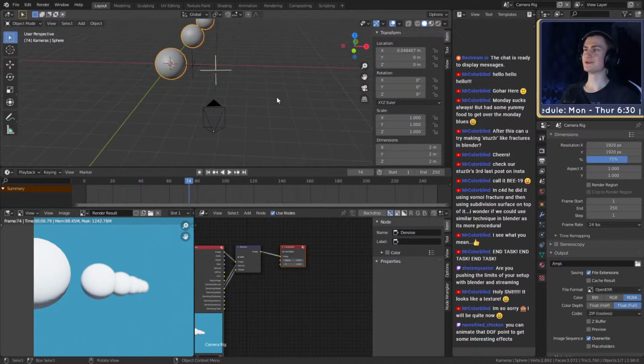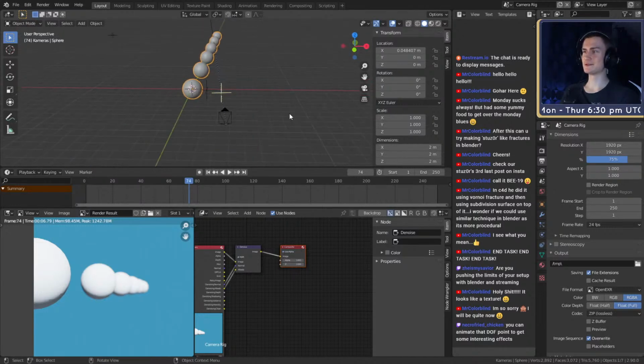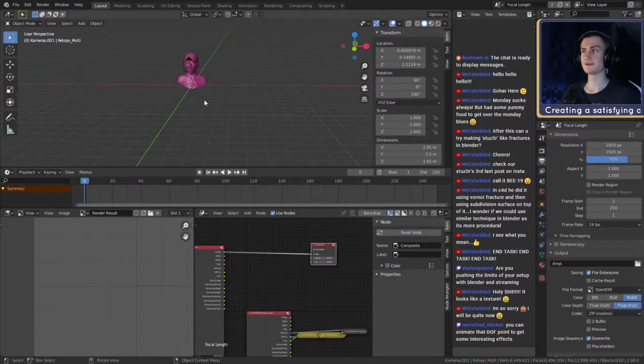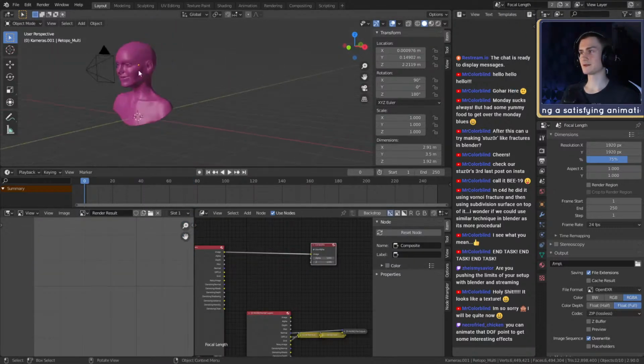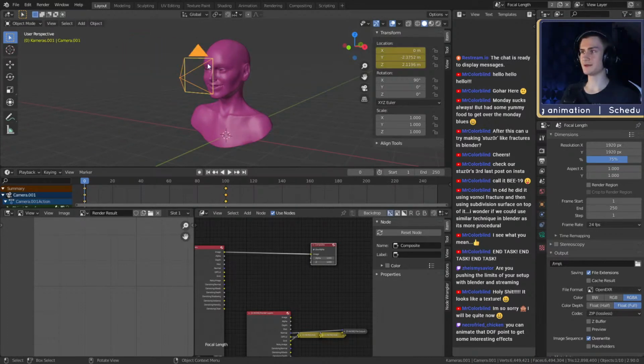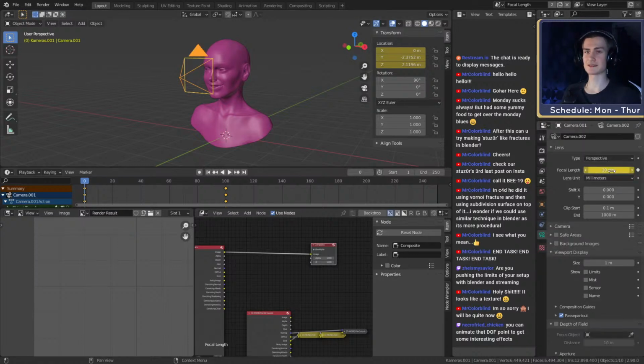The next one is actually pretty funny. This applies more to people that work with characters or do stuff like, what do you call it? Likeness sculpting, for example. One thing I do sometimes, if we go to my focal length scene, you can see one of the characters I did a while back. But then you see I've animated not only the location, but also in the camera, you can adjust the focal length. Right now it's set to 30.